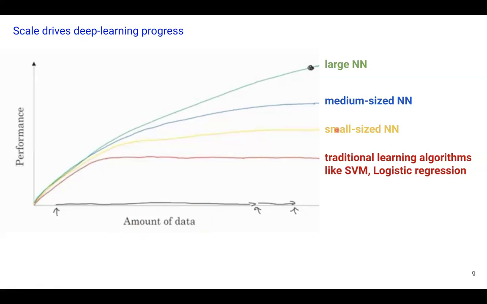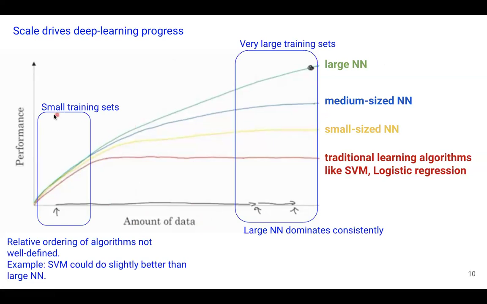And the general notion here is that scale drives deep learning progress, and the scale here is the scale of the amount of data and the scale of the largeness of your architecture. So if you have a small amount of data available to train your network, then